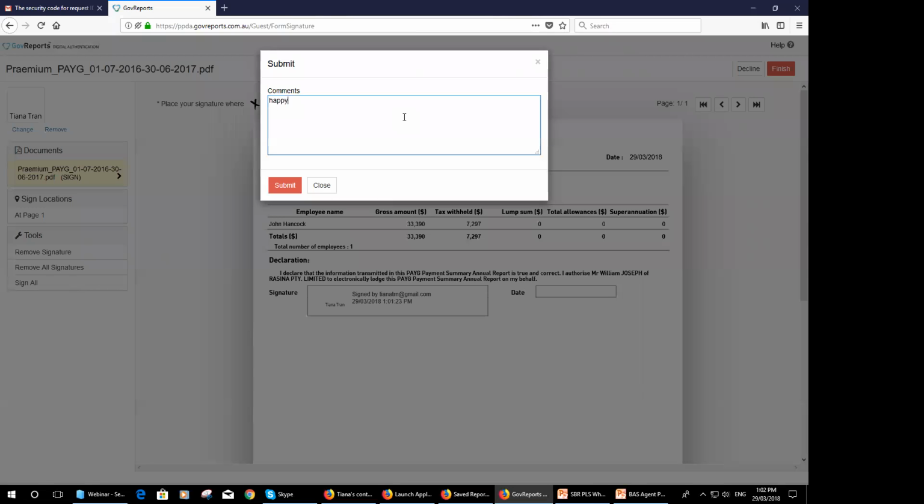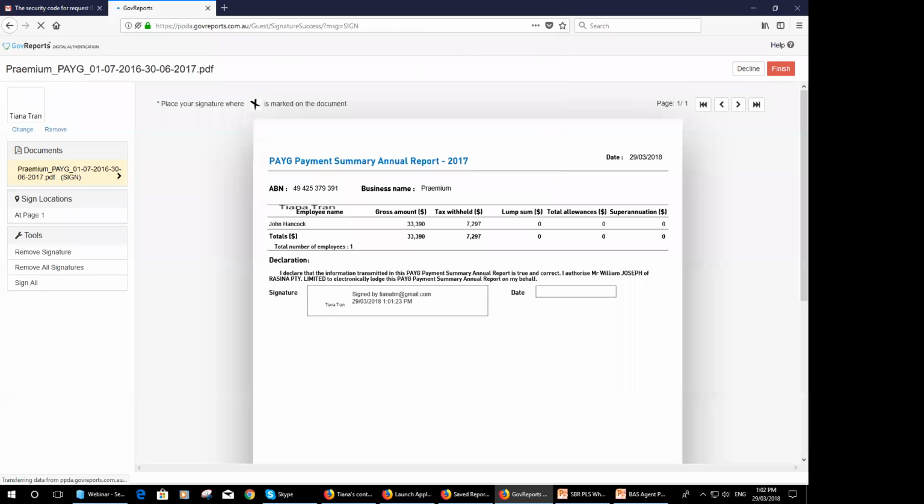Happy. Submit. If I'm not happy with the figures, I will come back and comment on it. Most often, clients sometimes look through the document and they're surprised with the tax amount or something, they can comment on it, and that's for you as a BAS agent to come back to the clients and